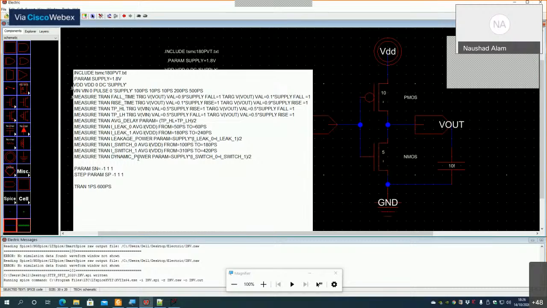It is .param Sn equal to flat, and then I will write 1 here. So Sn will be varied from -1 to 1 with a uniform